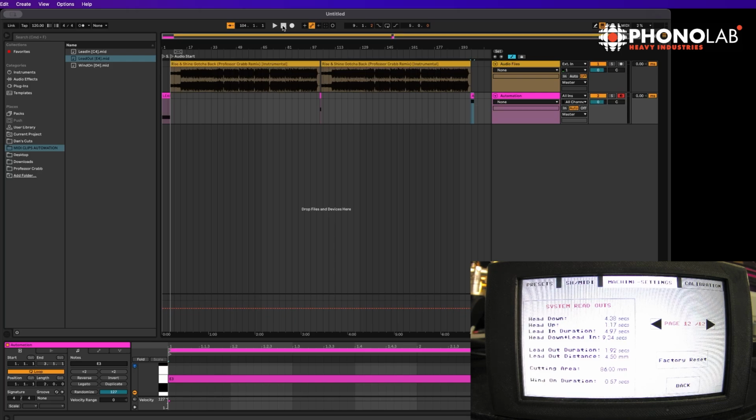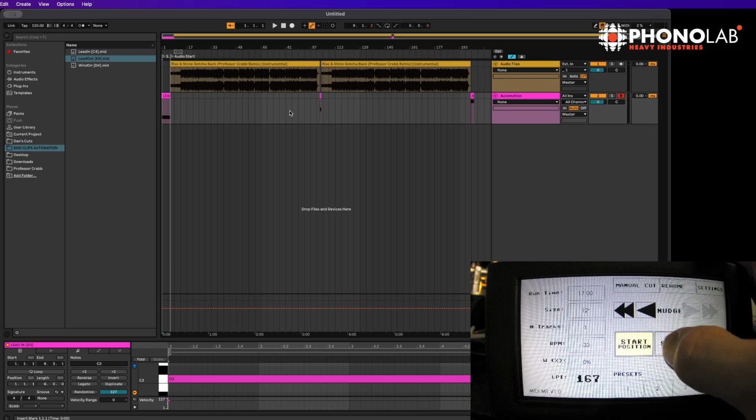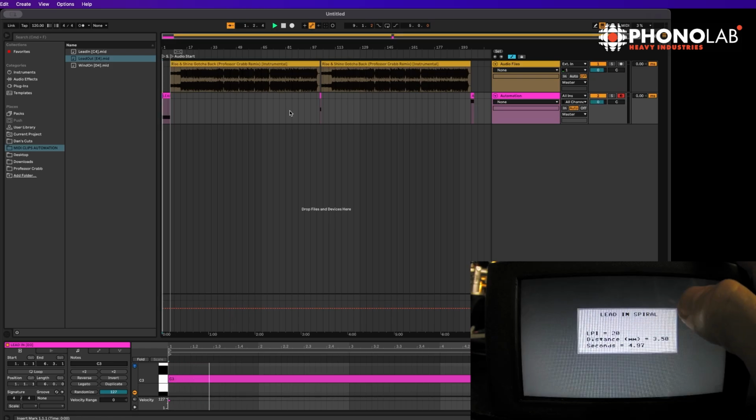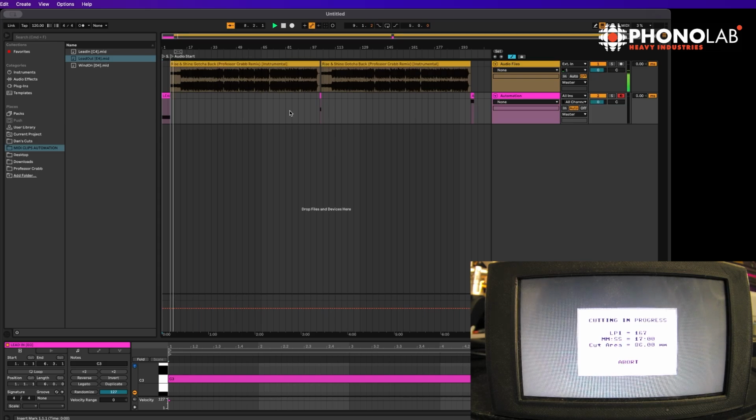Okay, so make sure the project's at the beginning, and we'll just do a little test just to make sure this works. So usually you press start position, but just for ease I'm going to press start. So the head's going down, lead in is initiated. And the audio is playing, I've got the amp down. So if I turn it on, you can hear the audio